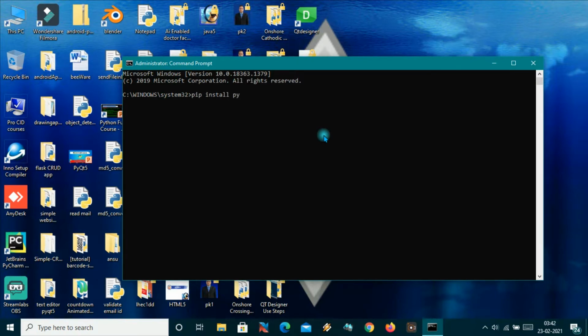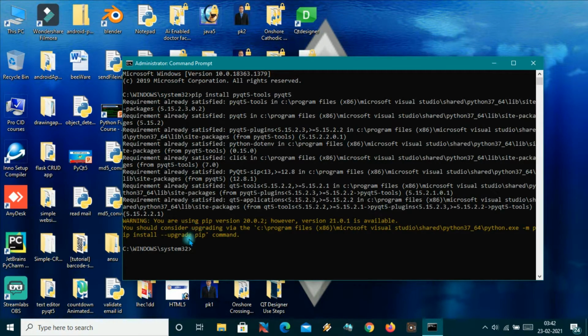So you will use pip install PyQt5 tools. If you do not have PyQt5, then you can use PyQt5 also in this space. Now hit enter. I have already installed, so it will say requirements already satisfied. If you have not, then it will install on your computer.